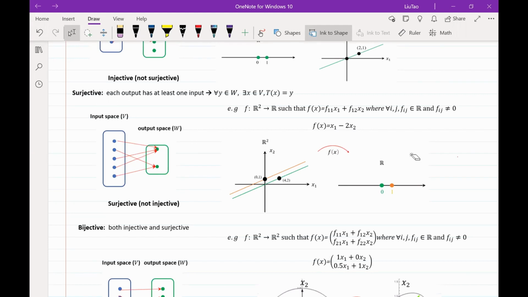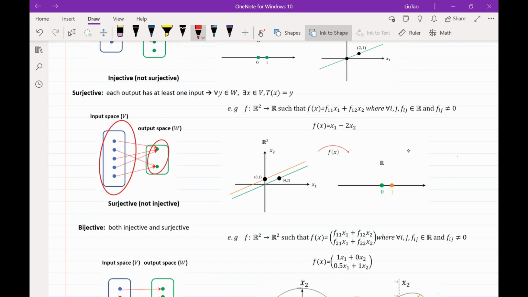For example, we have 5 elements in this input space, and in the output space, we have 2 elements. Each element in the output space has at least one input. So this map is